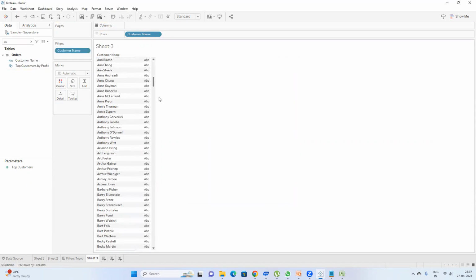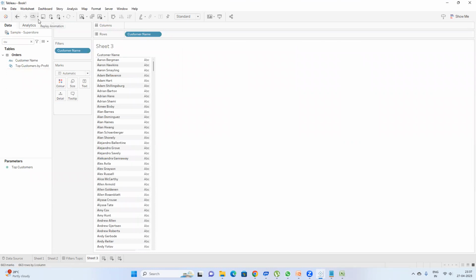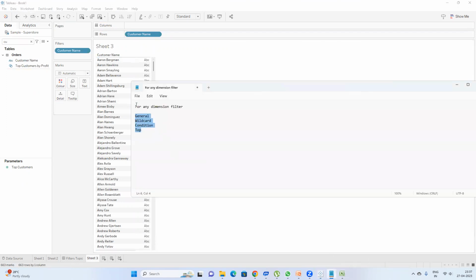So like this you can apply different filters for a single column. But in case of data source or extract filter, if you are applying a filter there, it will apply to your entire workbook. If you apply data source filter and